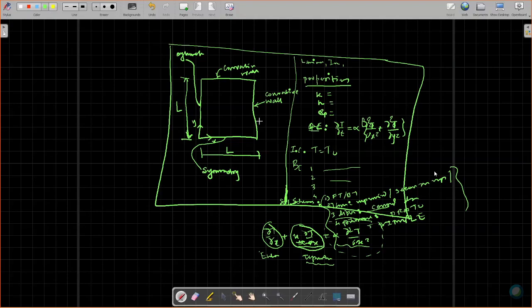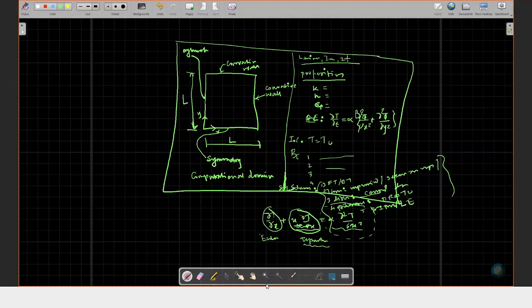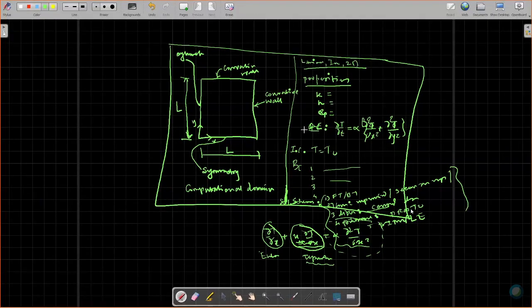Give me what you are doing, along with a neat sketch of your computational domain. Any CFD problem has to be supplied like this. Even in your thesis, anything you do in CFD, first thing, people will look at your computational domain, the properties you are taking, and what type of problem you are taking, whether it's laminar, incompressible, turbulent, 2D. You will have to mention that. Then properties, then governing equations and boundary conditions. Then the solution schemes you are using.